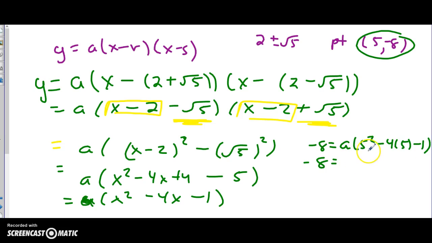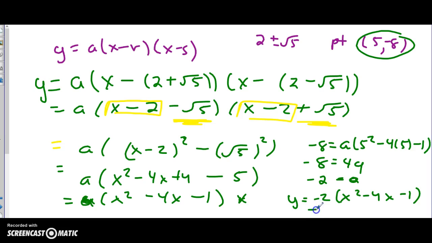And this whole thing turns into 4, so it's a times 4, 4a. And then a is negative 2. Is it negative 2 or positive? Let me make sure: this turns into 20. Yep, so it'll be negative 2. Okay, and then you throw that in, and your equation in standard form would then be f of x, or y, is equal to negative 2(x squared minus 4x minus 1), and expand that out to negative 2x squared plus 8x